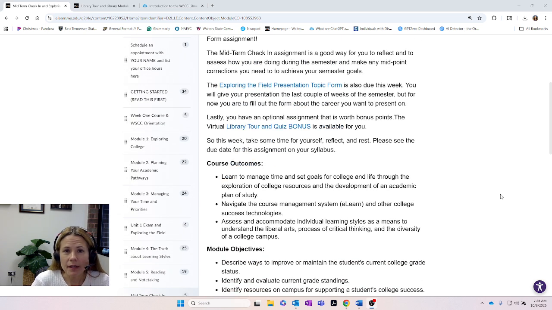There's also going to be a chance for some bonus points this week with a library quiz. We actually went to the library a couple weeks ago, and we took a tour. We did this little activity where you had to find different things. Well, now you're going to do what we call a virtual library tour, and I will talk about that. And there's a bonus quiz where you can get extra bonus points for taking it.